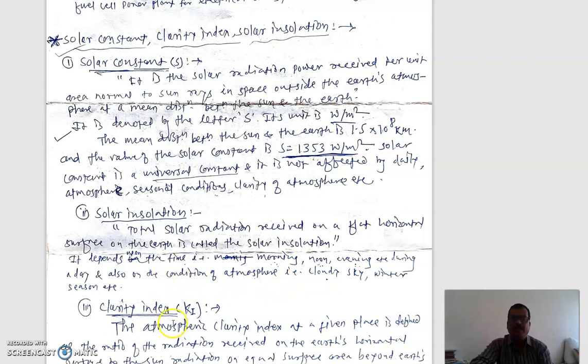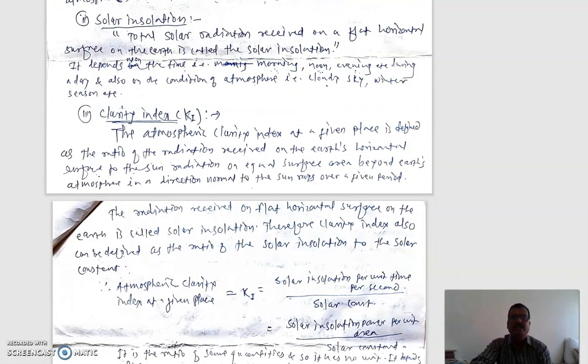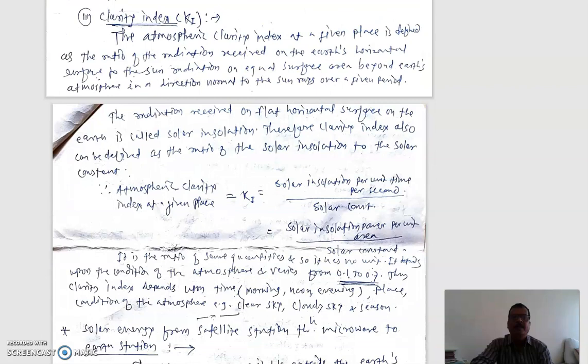Okay. Then we see the third term, that is clarity index. Clarity index is denoted by the letter Ki. The atmospheric clarity index at a given place is defined as the ratio of the radiation received on the Earth's horizontal surface, that is solar insolation,